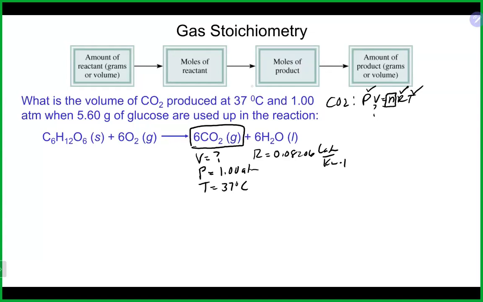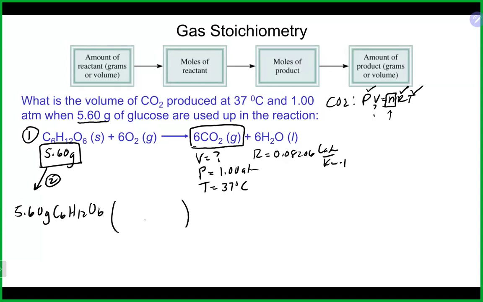If we take a look at the other piece of information we have, we are starting with 5.6 grams of this glucose over here. So we're just going to use stoichiometry here like normal, and we're going to end up with the moles of CO2, and that's really the last piece that we need to solve the problem. So we'll start like normal: I have a balanced equation, so that's good. I'm going to take whatever they gave me and convert it to moles. So step 2 is convert to moles, 5.6 grams,